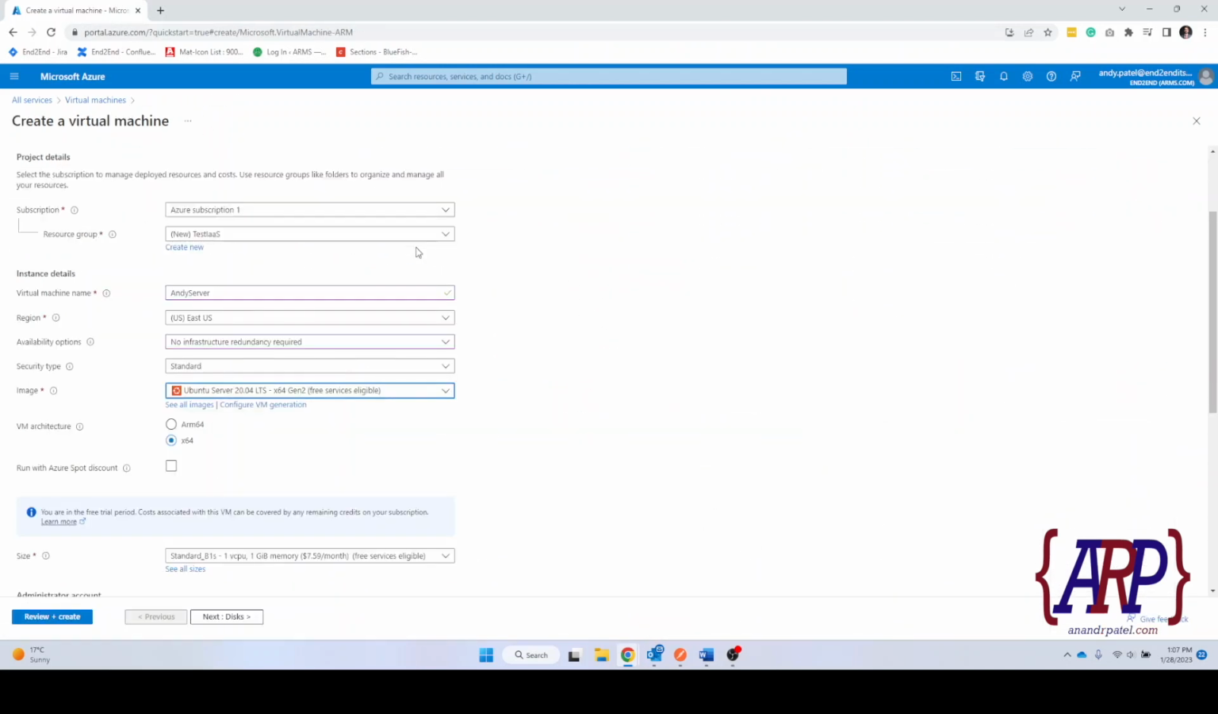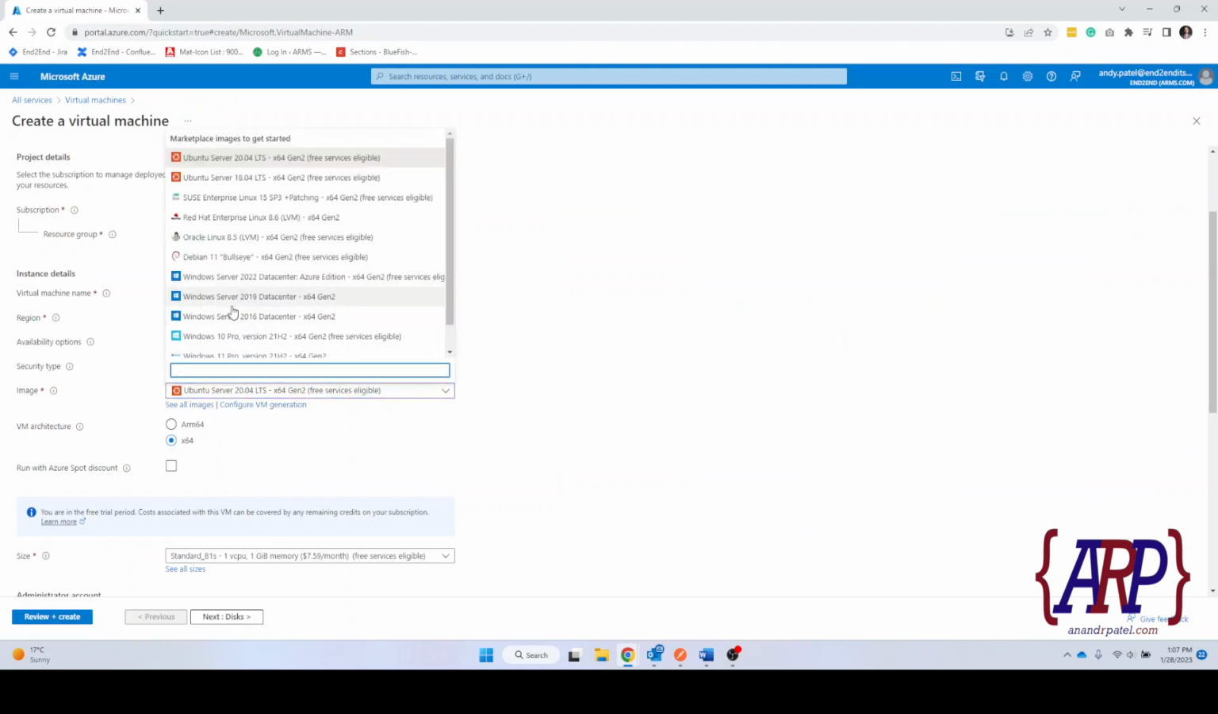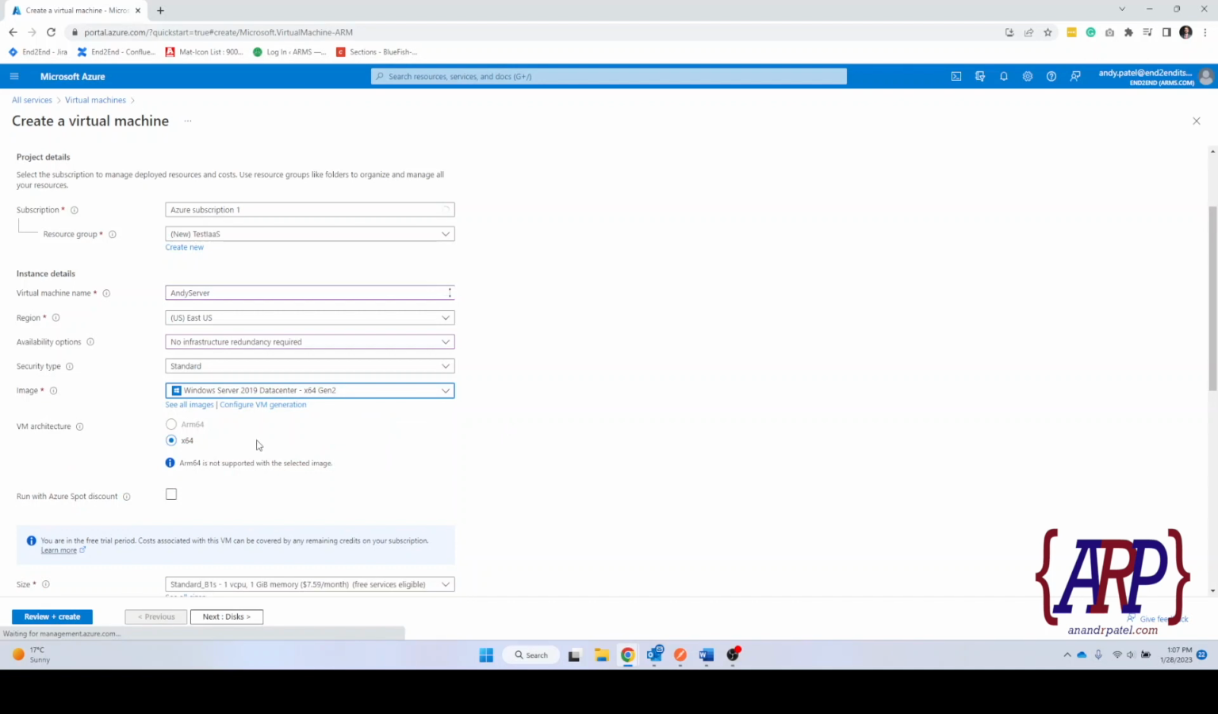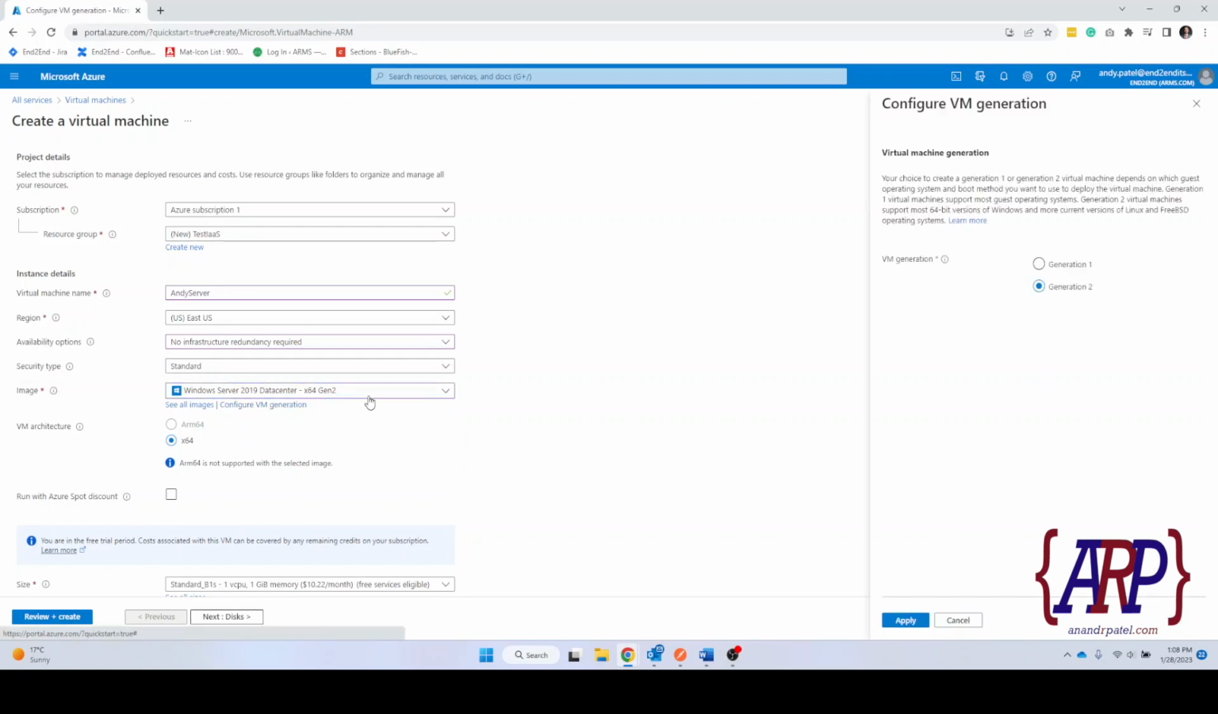So we go back to create server, we click on this and we would select a Windows Server 2019 Datacenter. We can select the 2022 version, but let's say we go with the 2019 version at this moment. So we will click on this and then it will do all the configurations that are required. But let's say if we want to do a custom configuration, then we can click on configure VM and we can